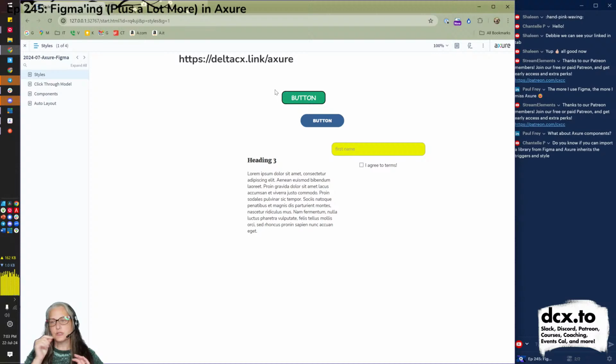So remember, Axure is not working in artboards. Your entire design is not going to be on one page. Anything that is a separate page is going to be treated as a page. So for some people, that's going to make more sense. And for some people who are used to artboards, that's going to be something to get used to. So really depends on style. For me, I don't think in artboards.